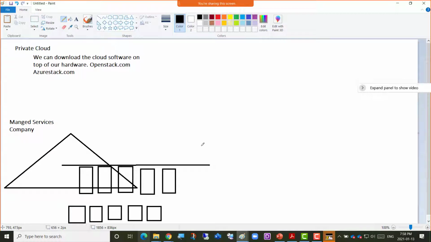Or the company already has some resources deployed on Azure public cloud, but then the company CEO saw, oh, we can actually have that same Azure software deployed on our hardware. Oh, really? Okay. So we will pay them a license fee, and then we're going to make our local environment look like the Azure environment as well. We created a virtual machine there, we created network there, we created storage there. Exactly the same interface will look like here when you download the Azure Stack or Azure software on top of your hardware. So on top of this, you can create a virtual machine just like you were creating in Azure.